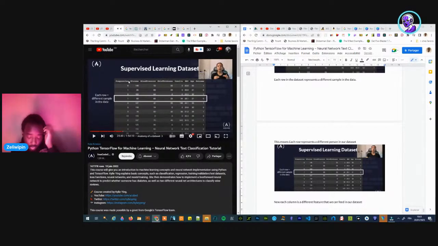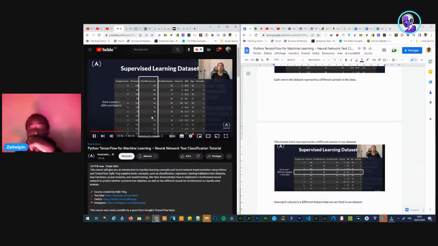Each row represents a different person, and each column represents a different feature.